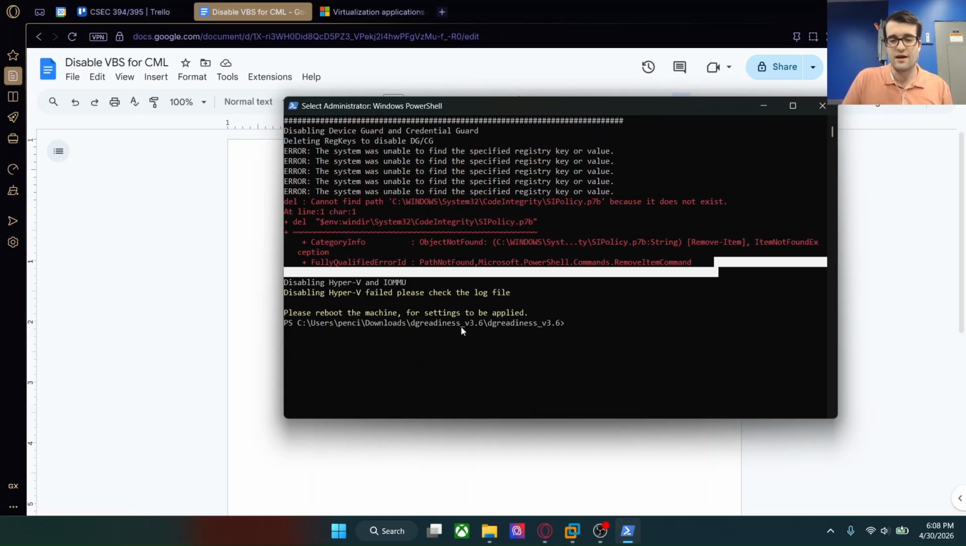You don't need to worry about that. But as of right now, after the next reboot, we should see that Virtualization Based Security is disabled, and that CML should just start working after that. So I'm going to go ahead and do a restart, and I'll get right back to you once I'm done